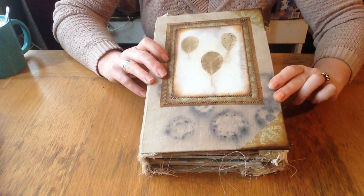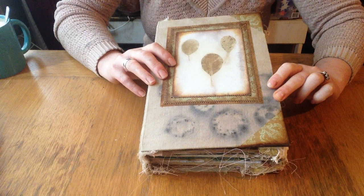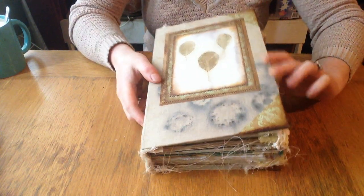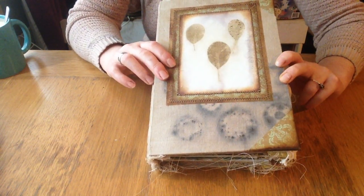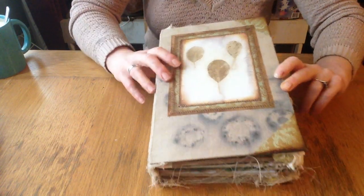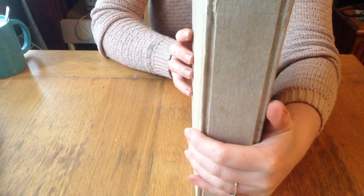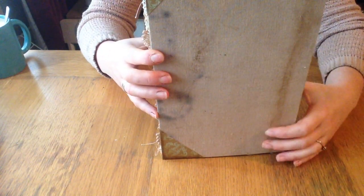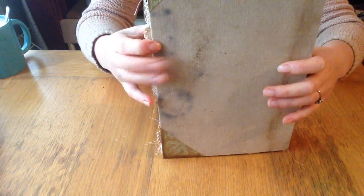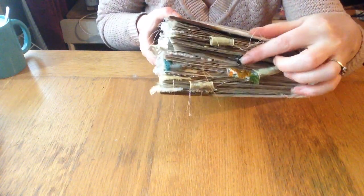covered in linen cloth, which is tea dyed and coffee stained, and it's got some metal stains on it from some washers that I put on, and an eco print that I made last year on watercolor paper, and it came out really clear. It's got a 4 centimeter spine there, and that's the back of the book. There is some nice coffee stain and metal imprints, some corners, a lot of laces and trims sticking out, and tabs, and here is a metal clip, tabs